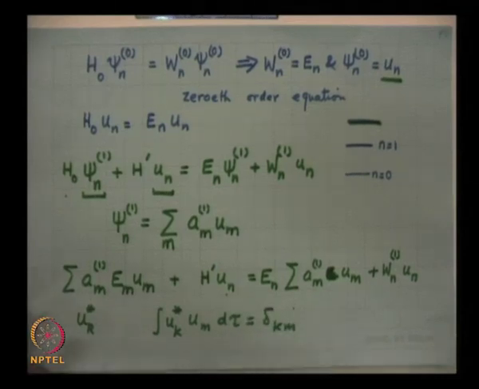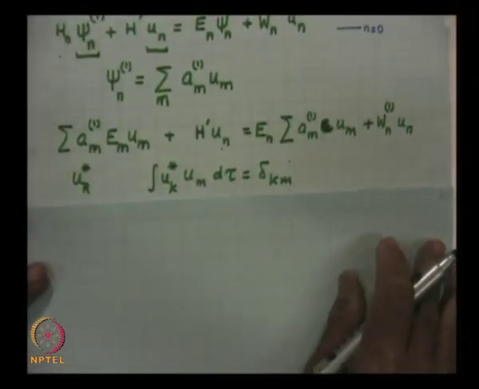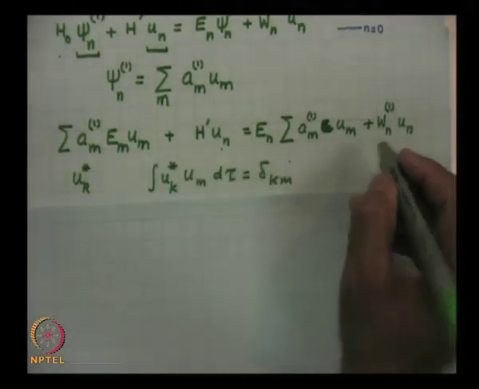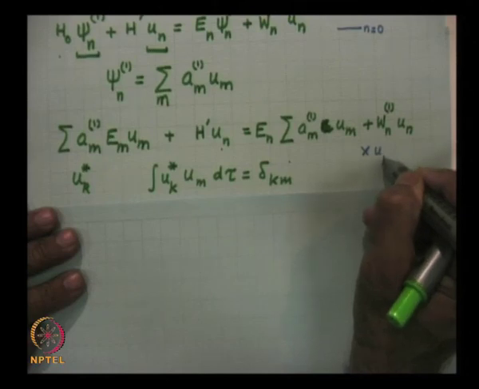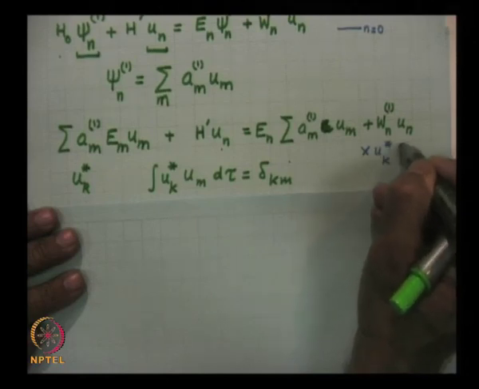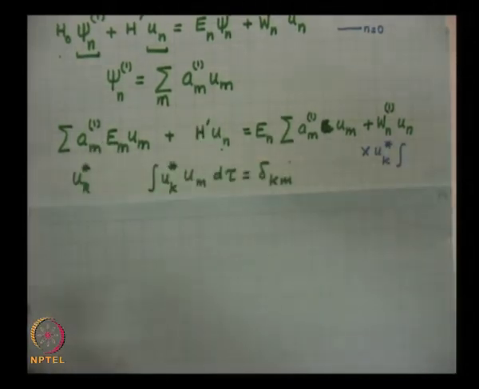You remember that the harmonic oscillator functions also satisfy this orthonormality relation, where the integration is over the entire space. So, if I multiply the entire equation by u k star on the left and then integrate, the first term will become